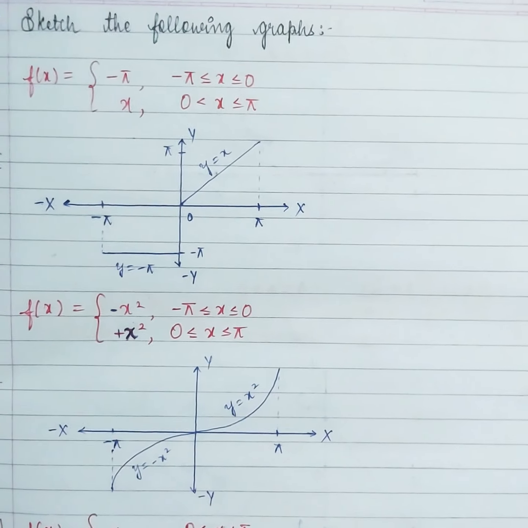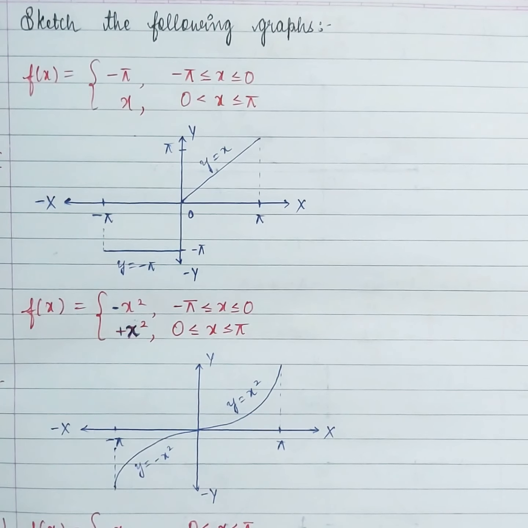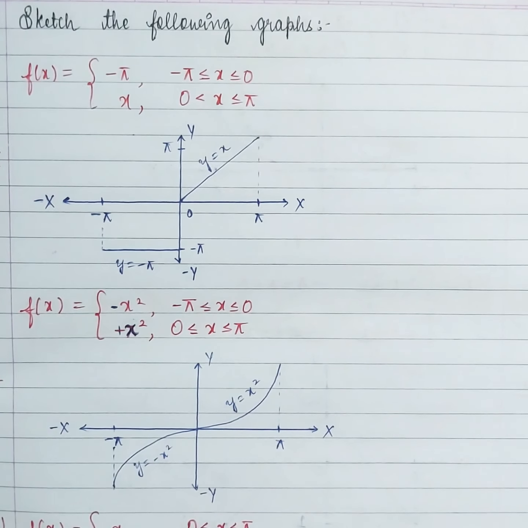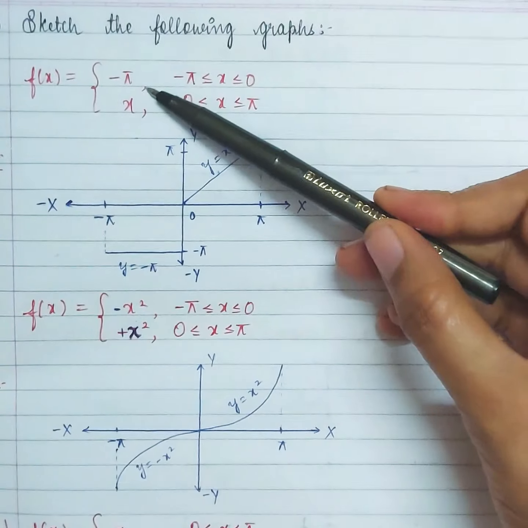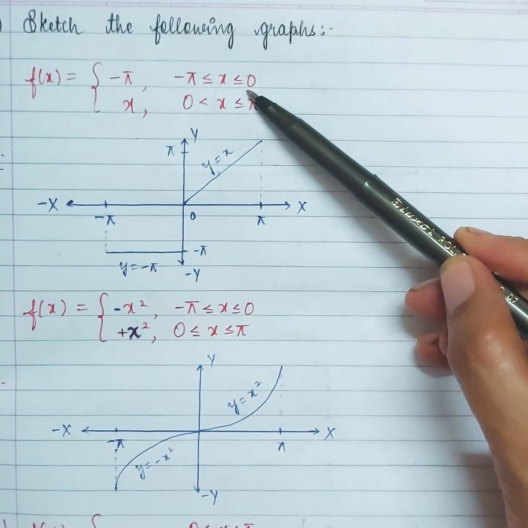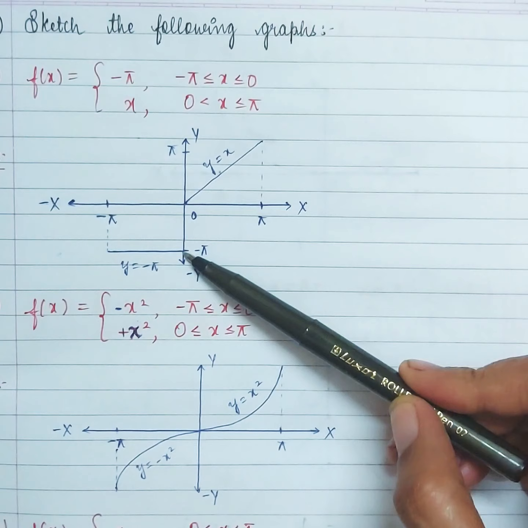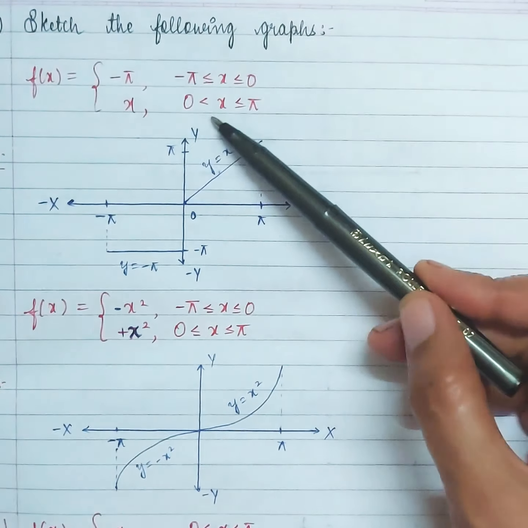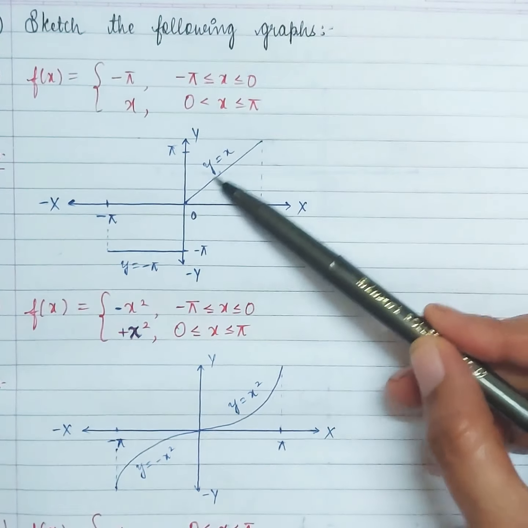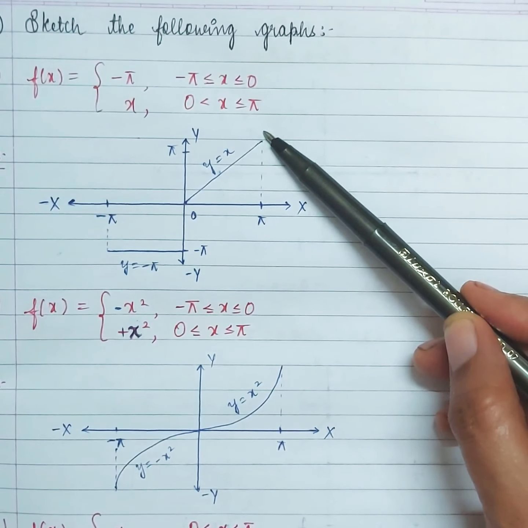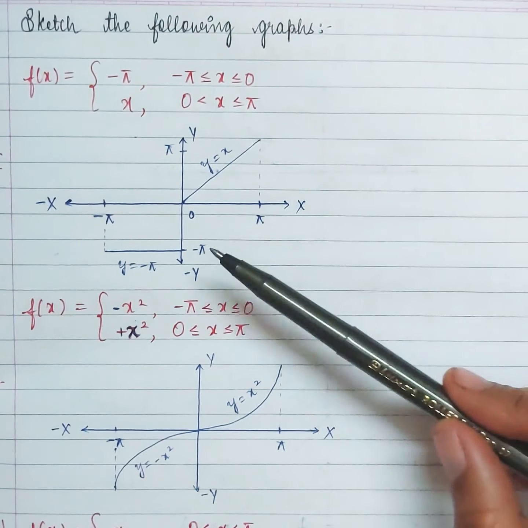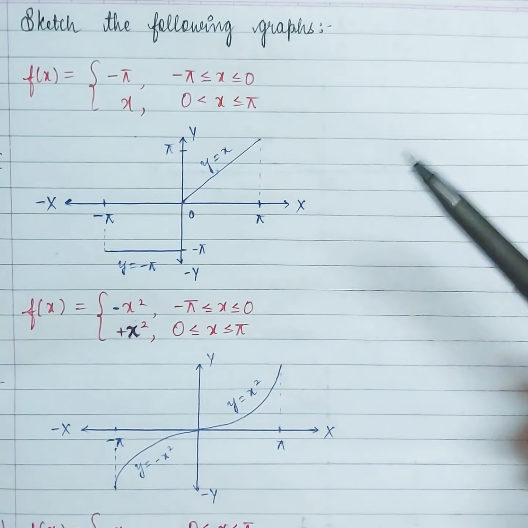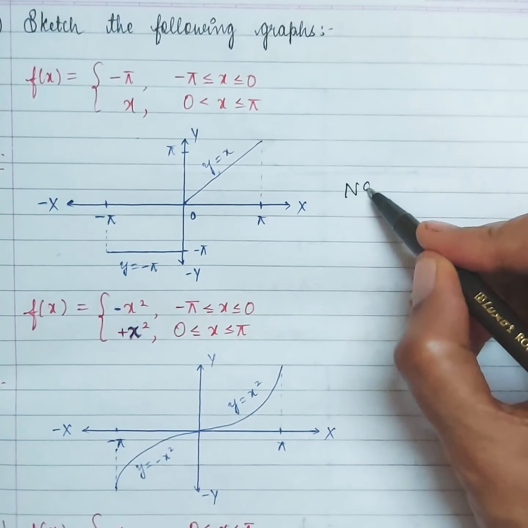And always I insist to check whether the function is even or odd graphically. So this is overall whatever we have done so far, just to have some graphical idea. I'm just showing the function, you have to guess whether the function is even or odd. This function is minus pi in minus pi to 0, so here we have drawn this line, minus pi. The second half is x in the interval 0 to pi, y is equal to x, this line. We are just checking, by any chance, is this similar? Definitely not. So the function is neither even nor odd. You can conclude neither even nor odd.